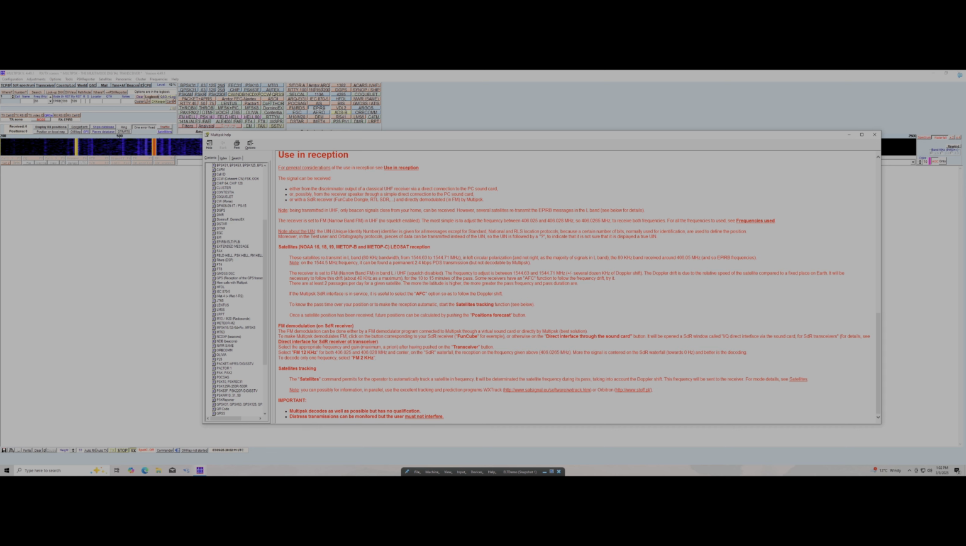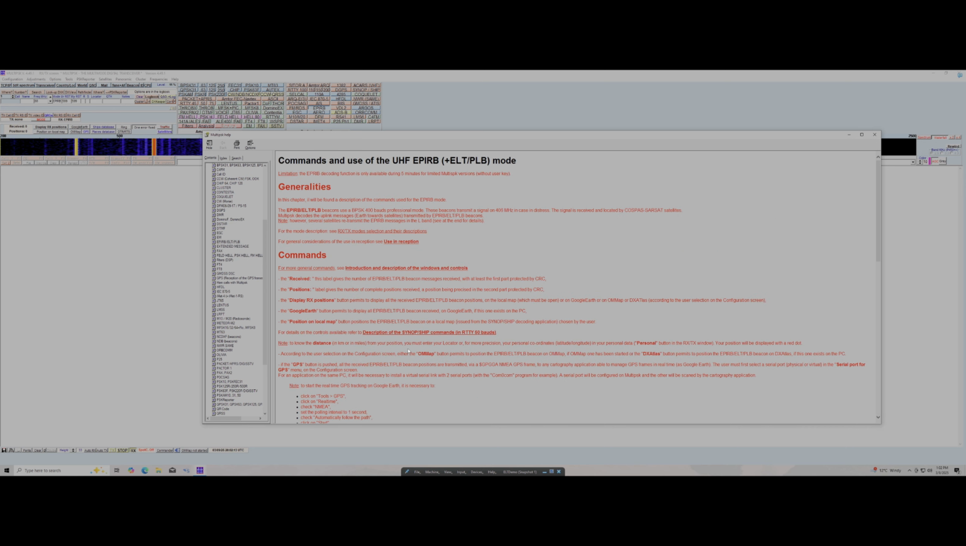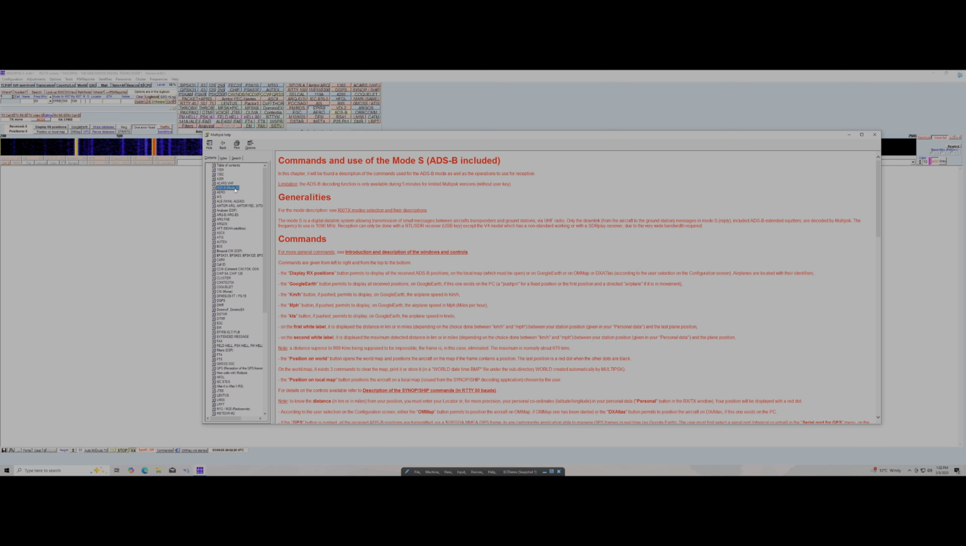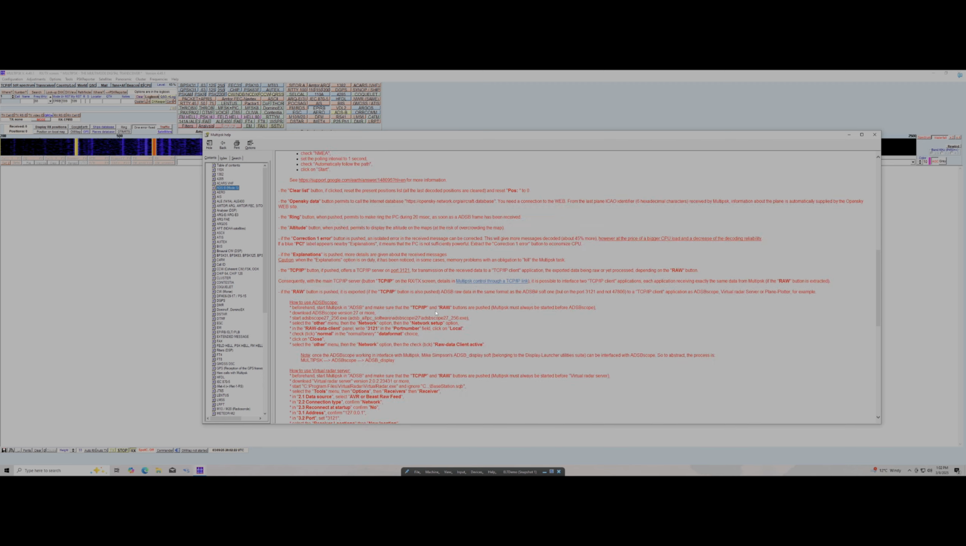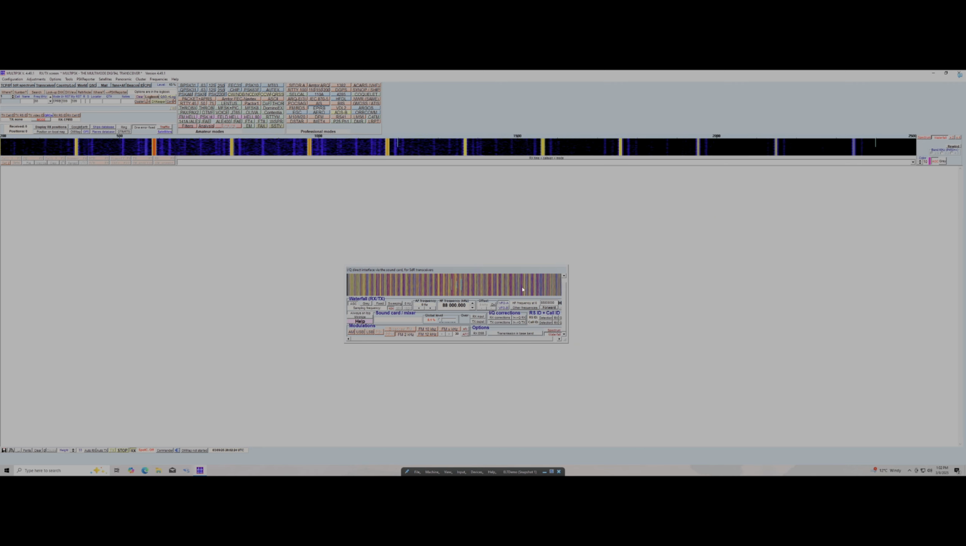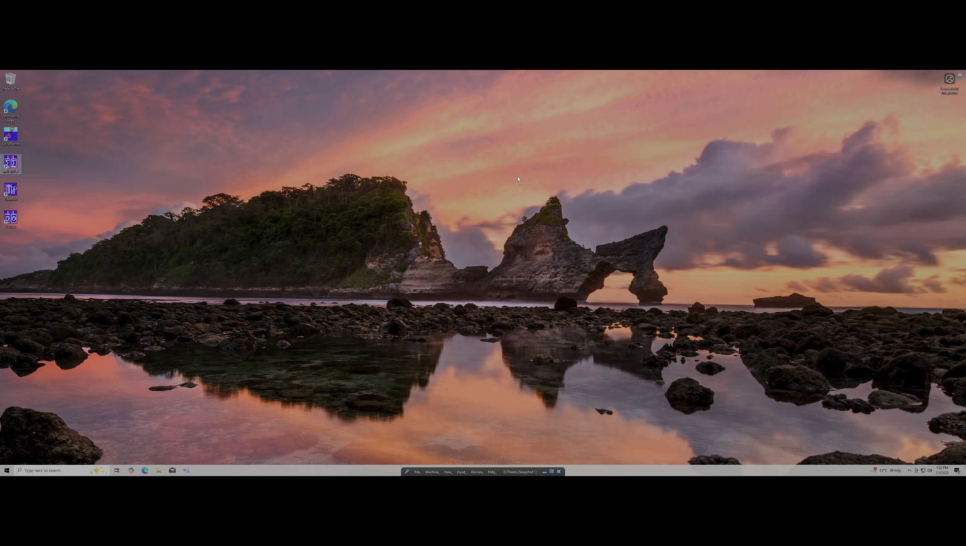This was a huge help when I was trying to get my reception to work. And it has that really for every other mode that you can pick up. ACARS, it has ADSB, tells you all about ADSB. Very cool stuff. Not necessary if you just want to read ELTs, but it's good to know that it exists. So we'll close all this down. We'll go back to our desktop, and